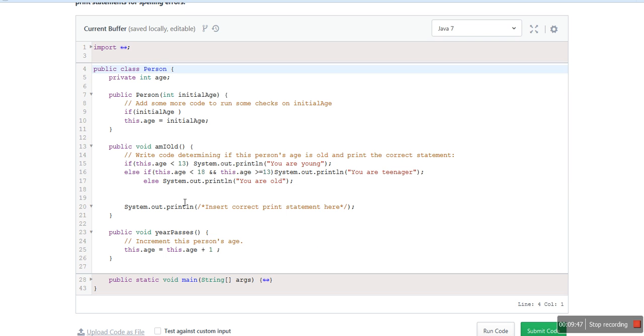So this, and then we need to increment it. Age equal this, that's age plus 3. We don't need to increment it. No, we don't. All we need is